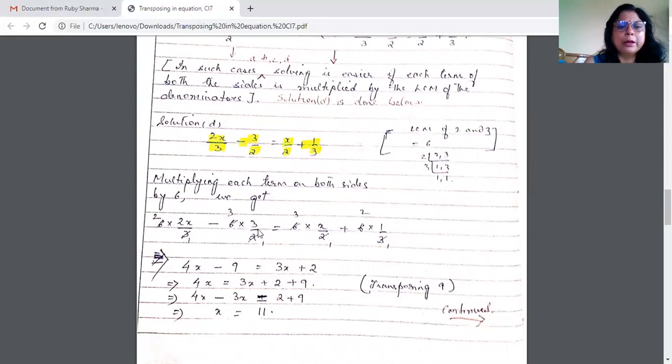6 into 3 by 2 is equal to 6 into x by 2 plus 6 into 1 by 3. That means actually I have multiplied the whole thing by 6 on both the sides. You can write that step also if you want, and when you remove the brackets, it comes to this. Now you see 3,